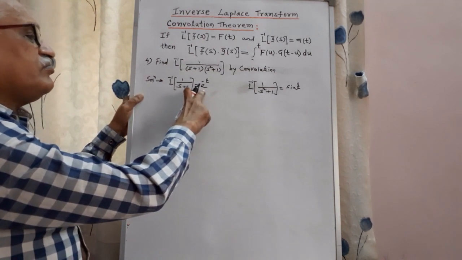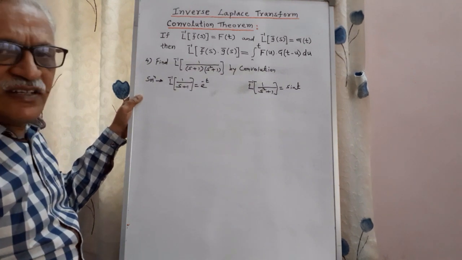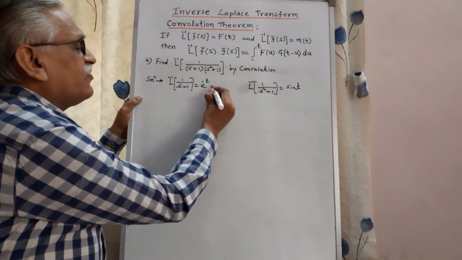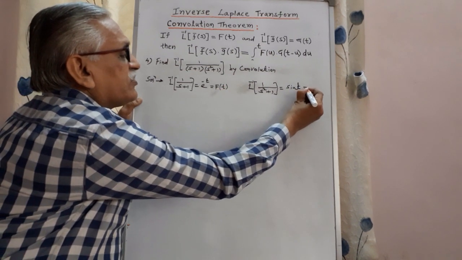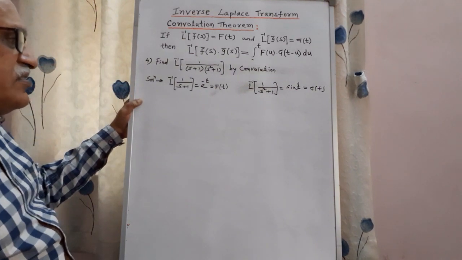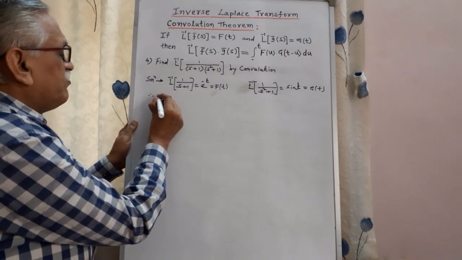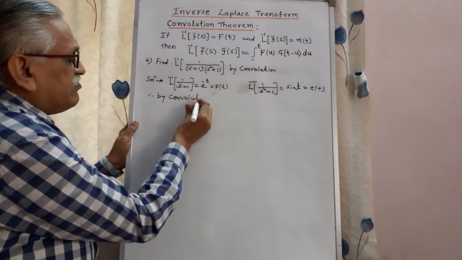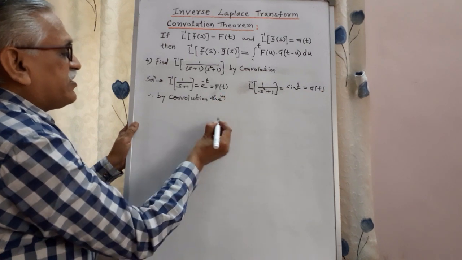Here one term of t and again one term of t, therefore any one of f of t and second one as g of t. I will consider this as f of t and this as g of t, or we can interchange. Final answer we get the same, and therefore by convolution theorem we get